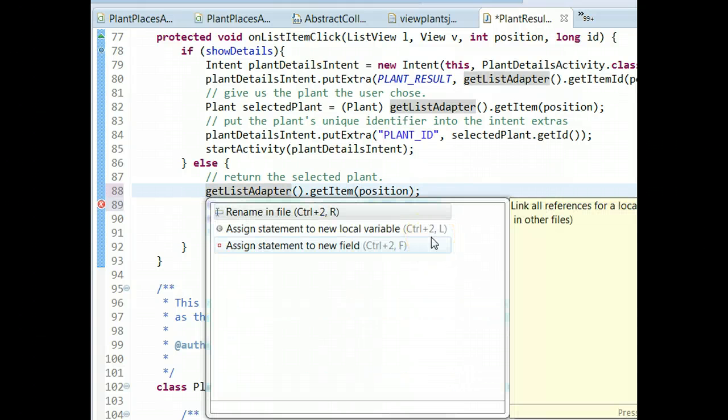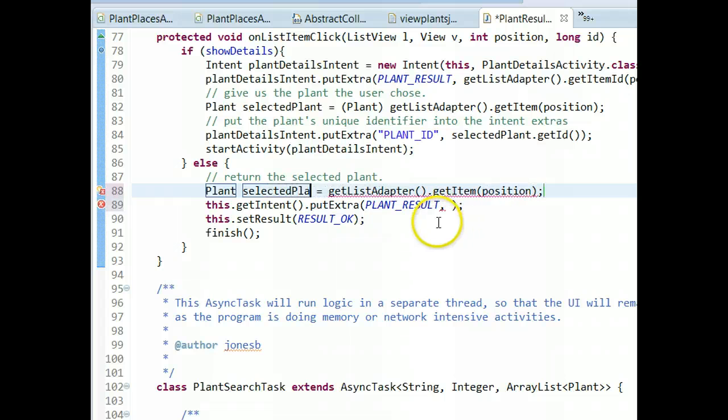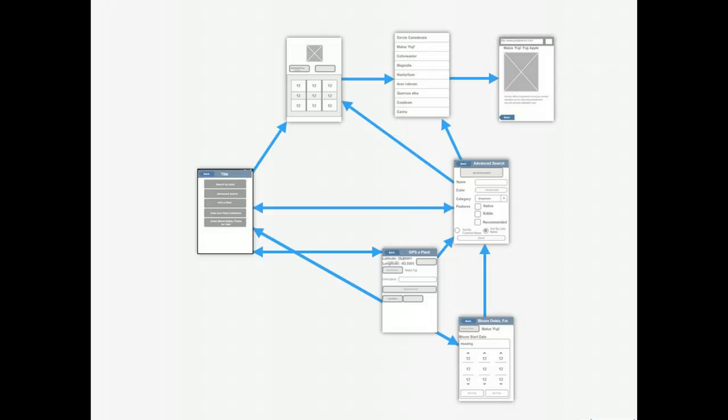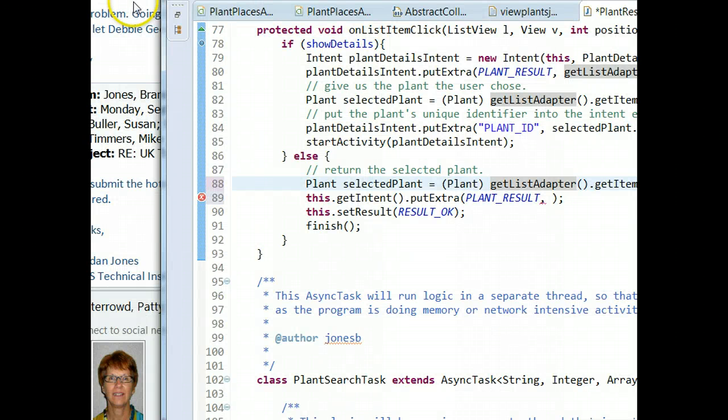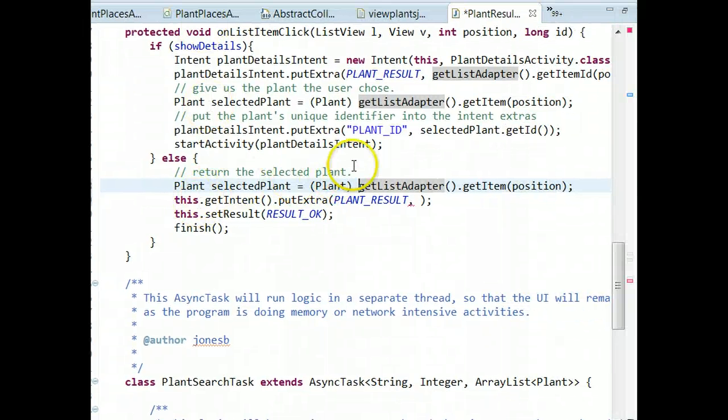Okay. Control 1, assign to new local variable. We're going to say plant. Oops, plant. And I'll explain this as soon as I finish it. Selected plant equals get list adapter, get item position. Okay. Cast to plant. What we're doing is that the user has clicked on a plant. The user has clicked on a plant. What we're going to do,